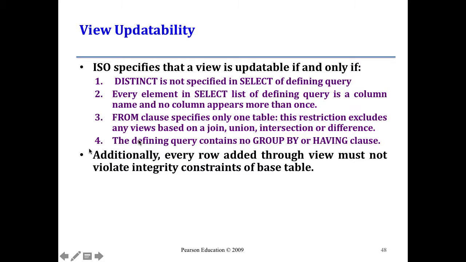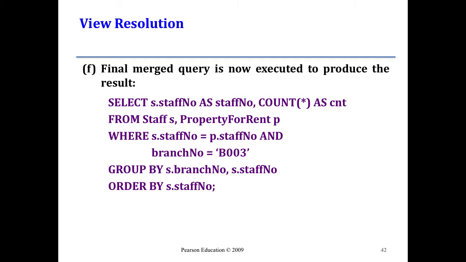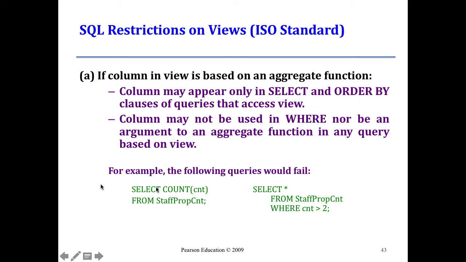Okay, and number 4 is close to number 2. It's really related to number 2. If you used a group by or having clause, the whole point of a group by or having clause is to organize things into sets, usually for the purpose of counting, which means that you really can't reverse it out. Just like when my original, basically, this one right here